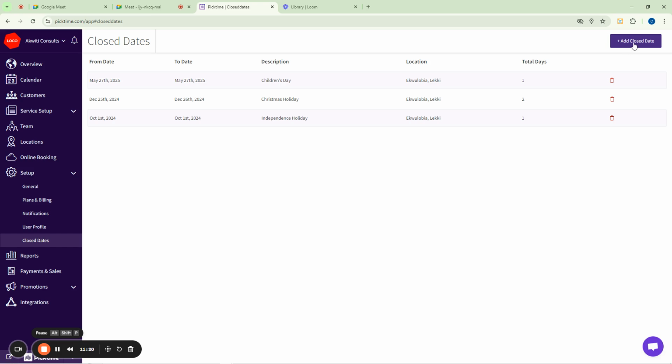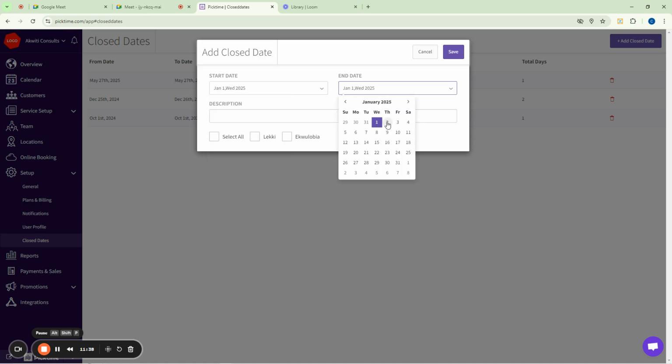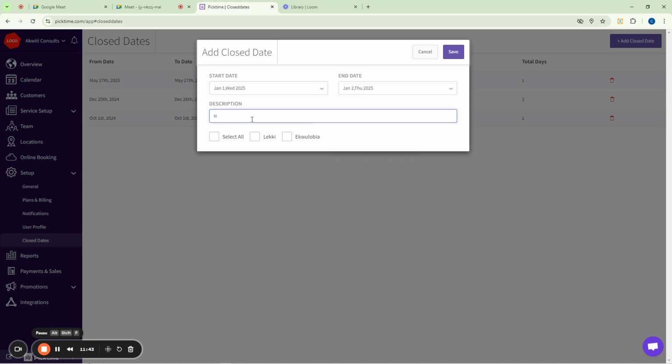And then we also have another one. We have added Children's Day, Christmas holiday, and Independence Day. What is next? We can add another one, let's call it New Year. We say New Year holiday should be the first and second of January, depending on the period. Sometimes, in some companies, from 24th of December till 2nd of January is your free period.